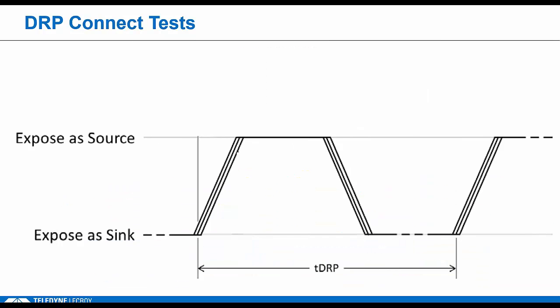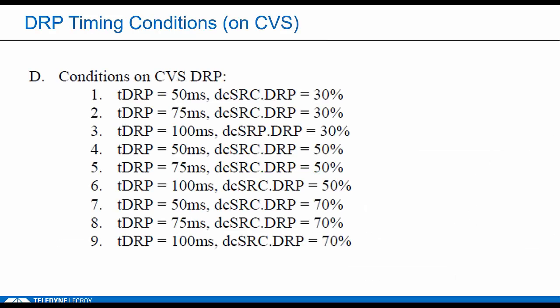So when we're looking at DRP testing, if a DRP is powered on and it's waiting for a connection, it's effectively toggling between the unattached source and the unattached sink states. We're going to check how long it stays in these states to make sure it's within that 15 to 70 millisecond range. So that interval is, well, it's really up to the DRP what it wants to use, but